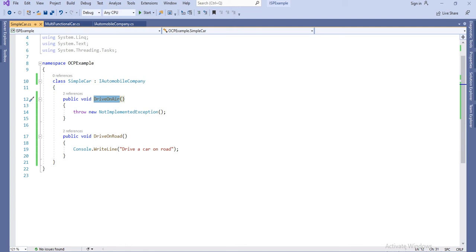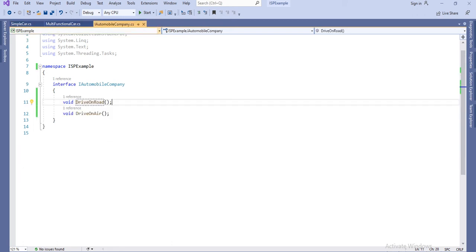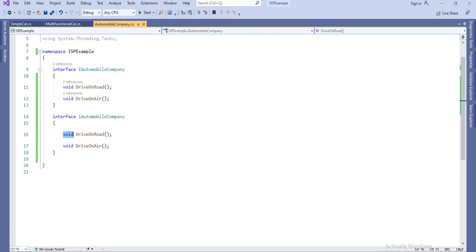So let's get rid of this problem and see how we can implement it. As Interface Segregation says, instead of making this one big fat interface, we can break it up. Let me break this interface so that here I will have only IRoad, and here I will make IAir.